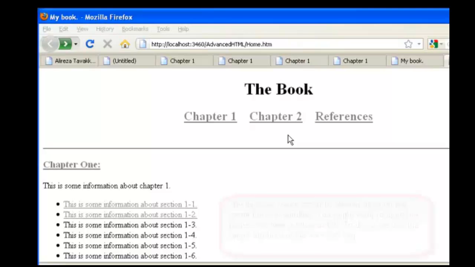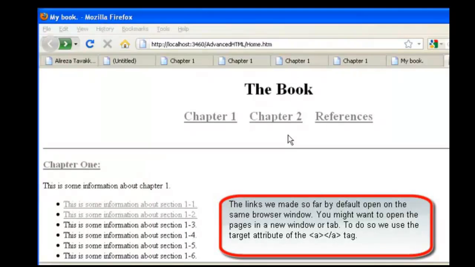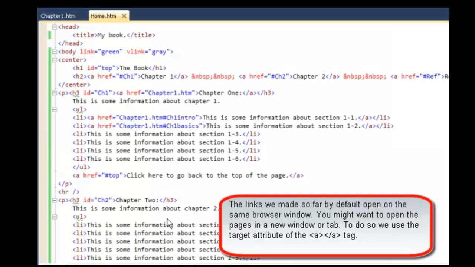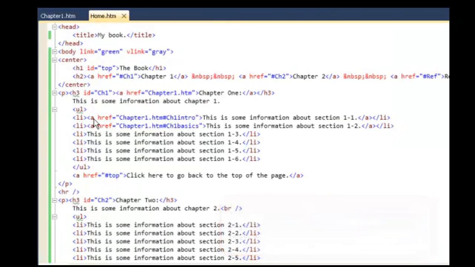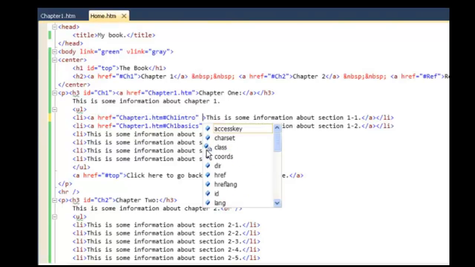You might want to open your opened web links in another window or another tab, just to keep the main tab open. You can do that by assigning the target of your references. So in each of the A links, anchors, you have the href, which tells you where your resource is located, and then if you don't put anything for its target,